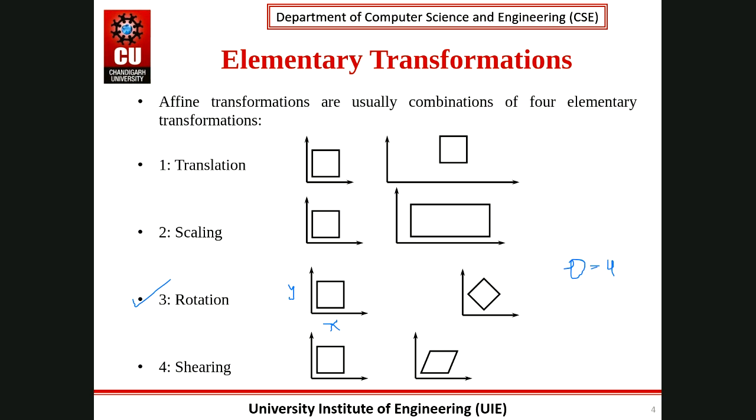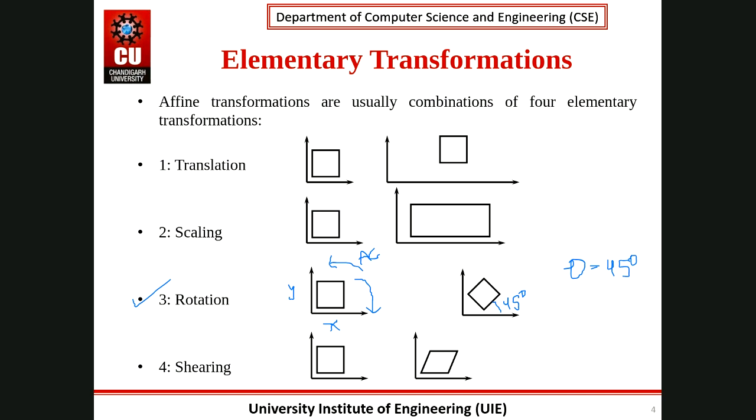So I have to rotate this object either in the anti-clockwise or the clockwise direction, depending on the direction given to us. Here, let's suppose the anti-clockwise direction is given. As you can see, the object is now rotated by the angle theta of 45 degrees. How it is done, we will see later. Just understand the basic concept of how the rotation transformation works.